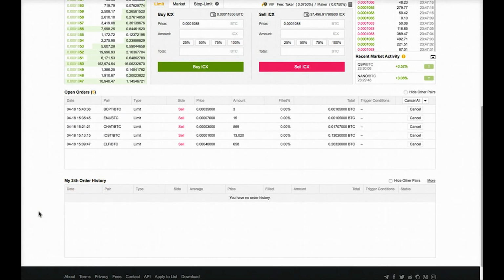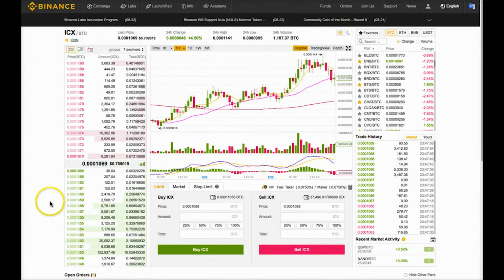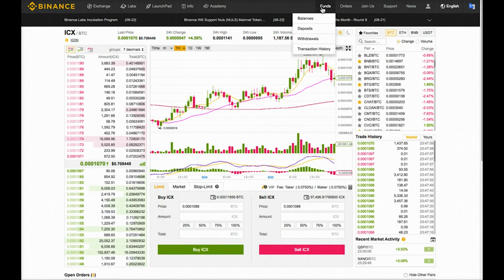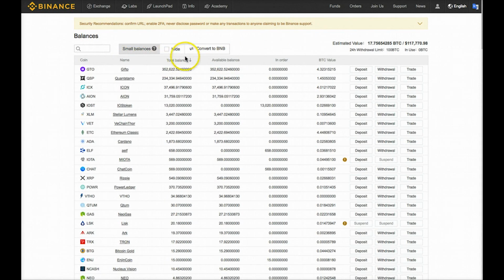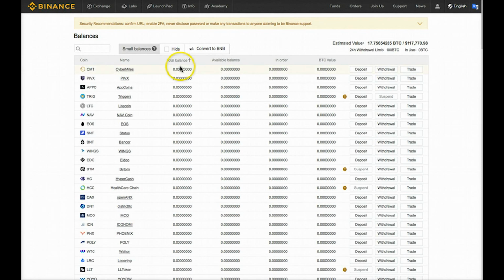Next, I'll show you the page where you can view all your cryptocurrency balances and make deposits or withdrawals. We will just scroll all the way back up to get to the navigation and roll the mouse over funds, and then open the drop-down menu and select balances. This will show all of your current cryptocurrency balances on Binance, starting in the order of your largest holding first. Of course, you can toggle the order of everything just by clicking any of the top columns here. For example, if we click total balance, it'll then show from your lowest holding first, which is all the coins that you don't have any of.